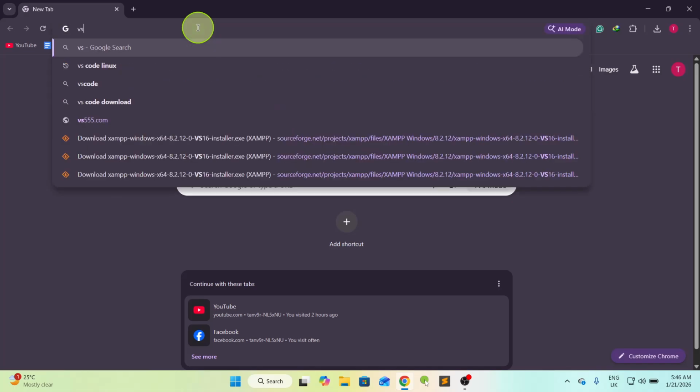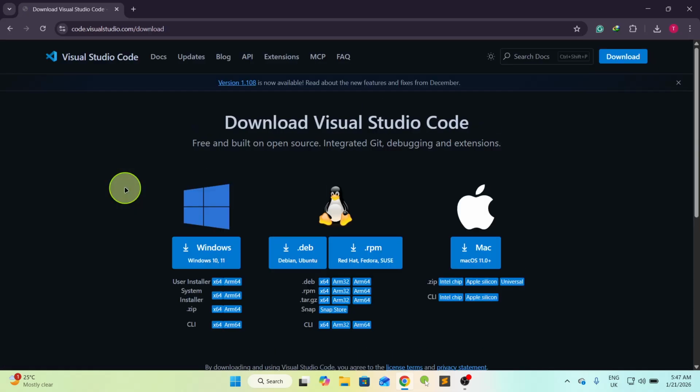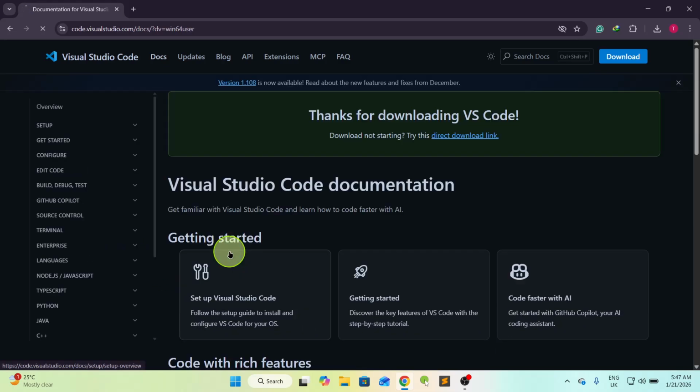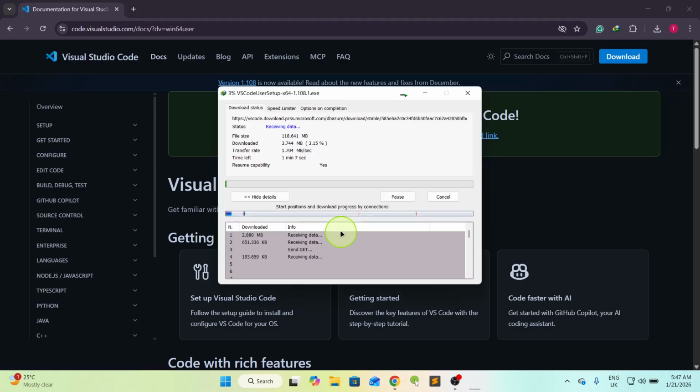This is really simple. Just go to the browser and search for VS Code, and then here you can see visualstudio.com. So we'll click here, download, to directly go to the download page. Okay, and here you can see we have Windows option, Linux and Mac. So currently we're using Windows, so we'll go with Windows and we'll select it, and then within short time it will actually start downloading. Here you can see,